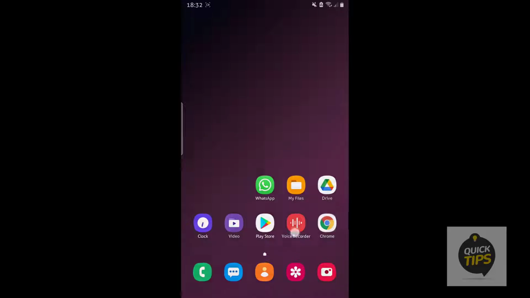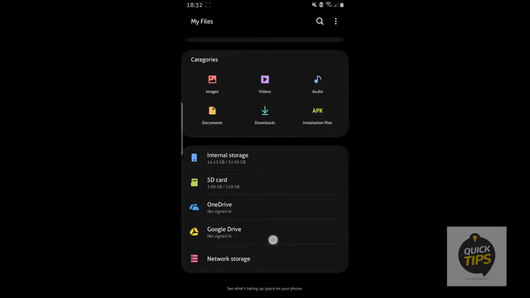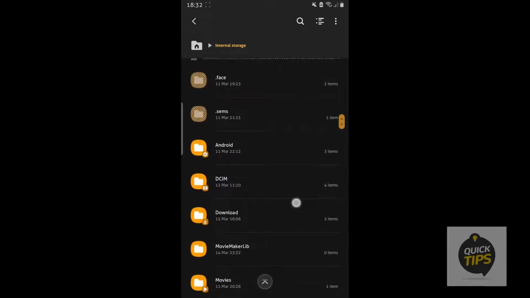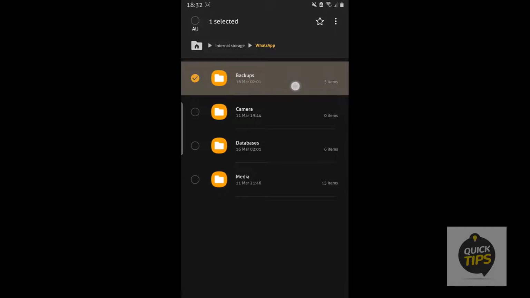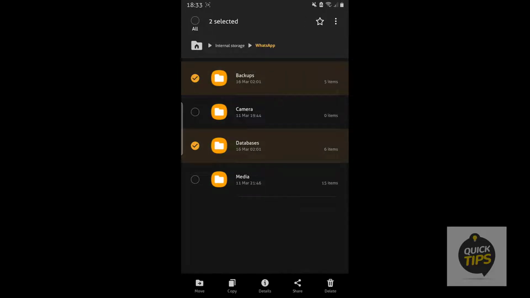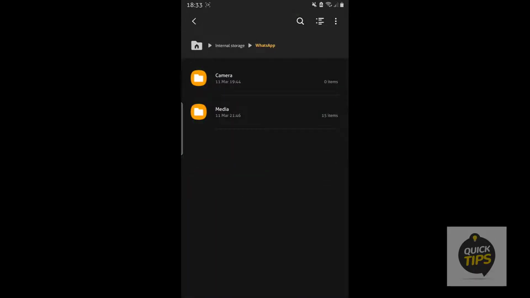So steps are simple. First of all, you have to delete the backup from your file manager. You have to go to internal storage, then go to WhatsApp folder and click on backup and database folder and delete both of the folders. After that,